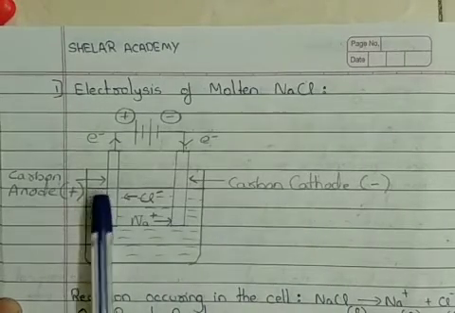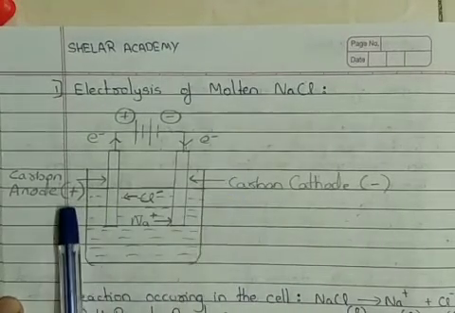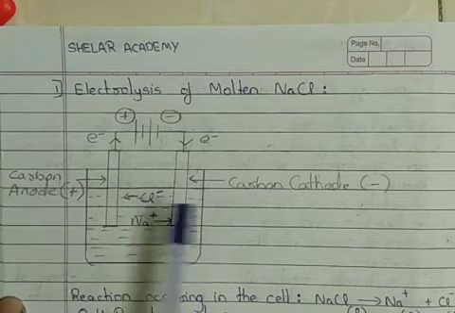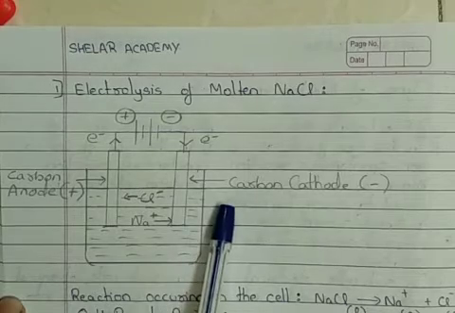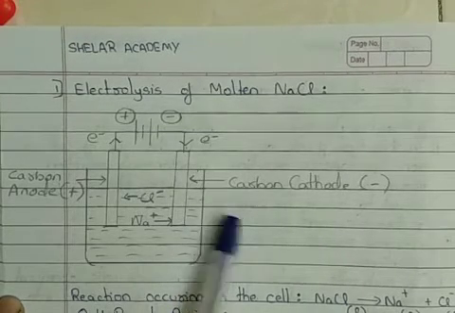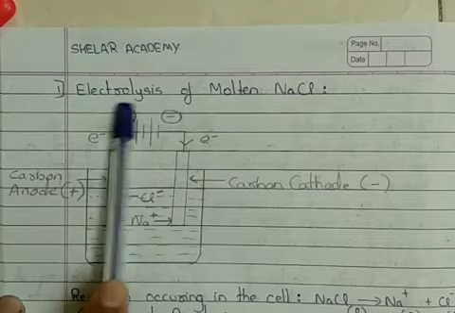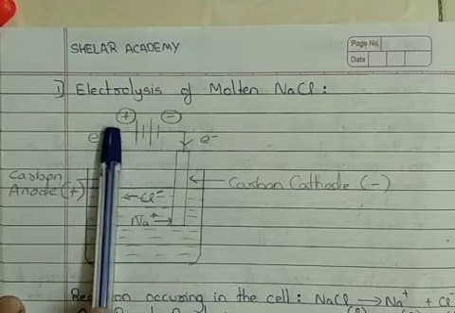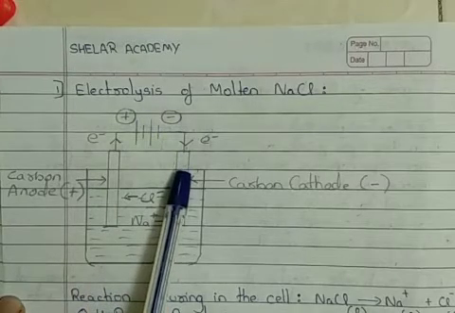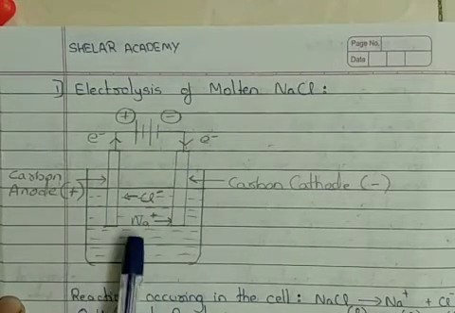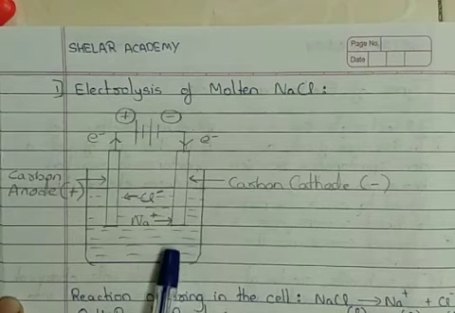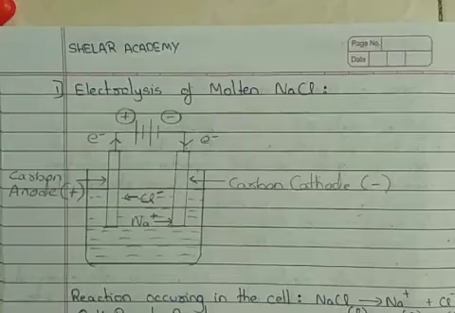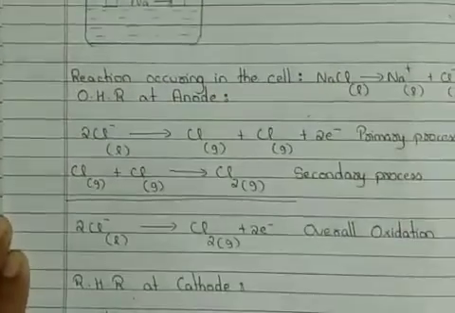Next thing is the flow of electrons. Anode is the one on which oxidation happens, means there is loss of electron, and cathode is the one where reduction happens, means that is gain of electron. So whenever we show the transfer of electrons, the arrows are important. That is, it should be from anode to cathode and not the other way round. That is the very important thing. Okay. Now once we draw the diagram, let us go further with the reactions taking place in an electrolysis of molten NaCl.